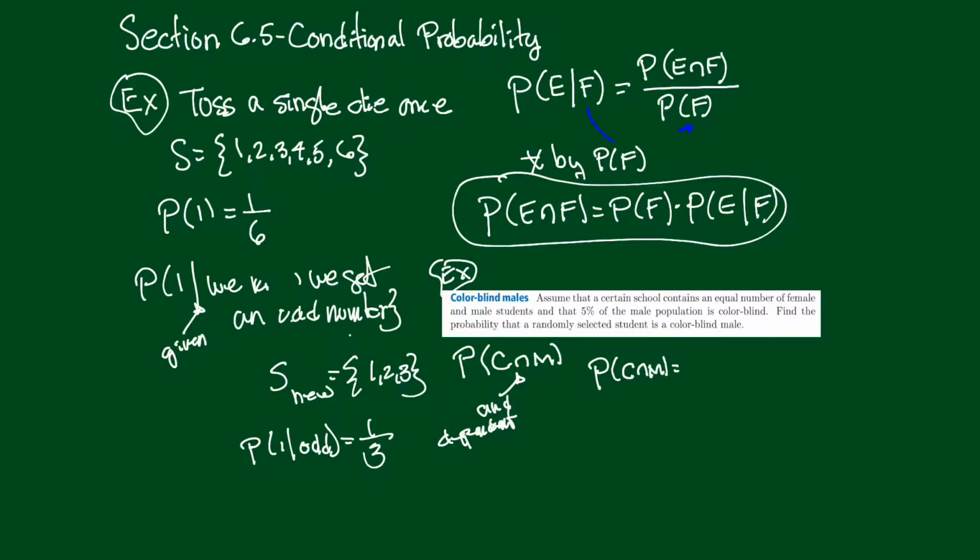The probability of C and M is, okay, we could say the probability of male times the probability of being colorblind given that you're male. Let's just take a quick look and see how we match the formula. I'm up here. So E intersect F. We have C intersect M. It's the probability of, now it doesn't matter if it's the first or second, but I'm writing it here where it's the